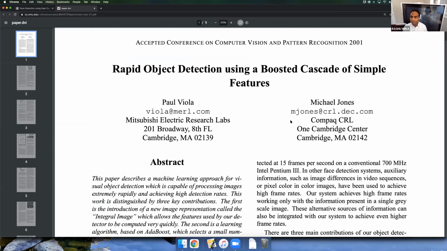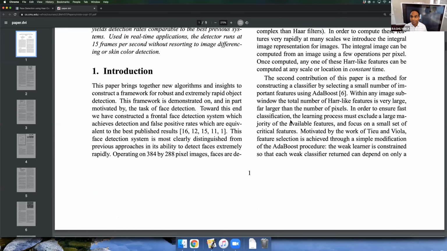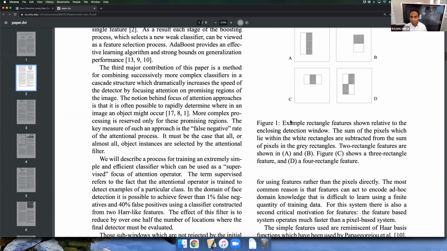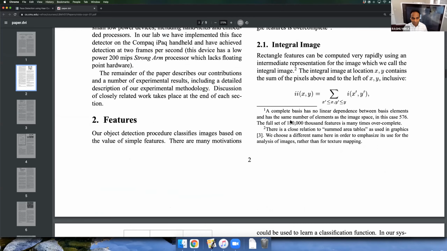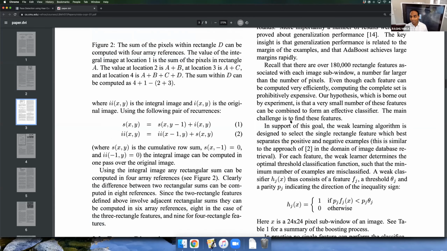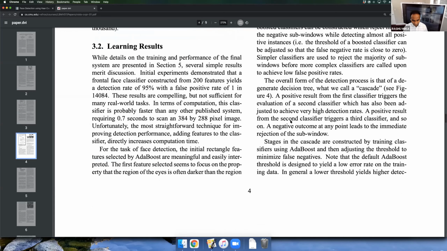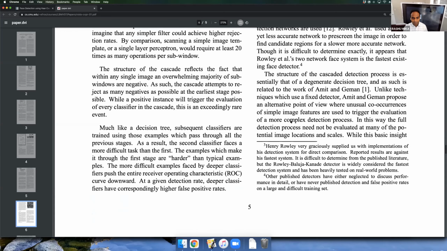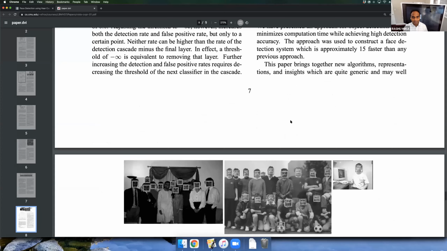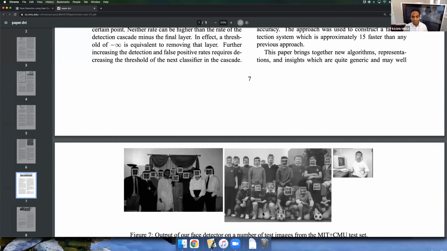The problem they were trying to solve was, my goal is to detect faces in pictures. Like for instance, if I upload a picture like this, I need to put boxes around every face in the picture,